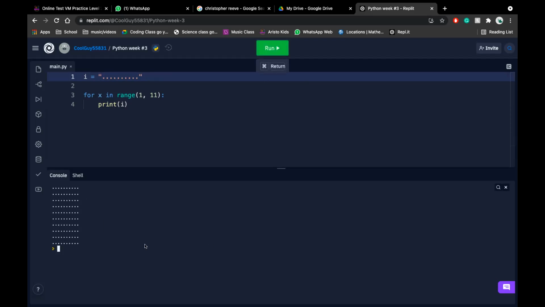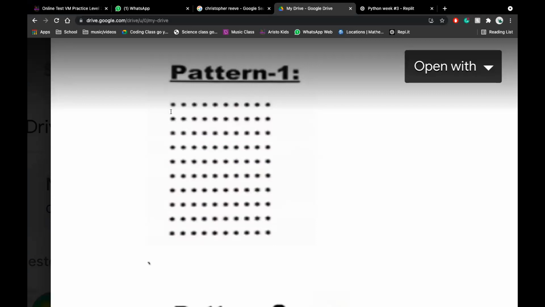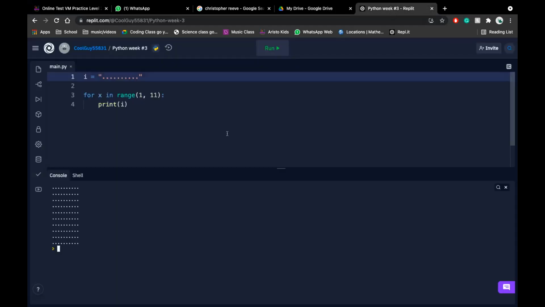So you did that for x in range 1 to 11. So we put 10 times. So as I said before, all of these are 10 by 10s. Almost every pattern that you see is a 10 by 10. So we can do, let's see, y equals to